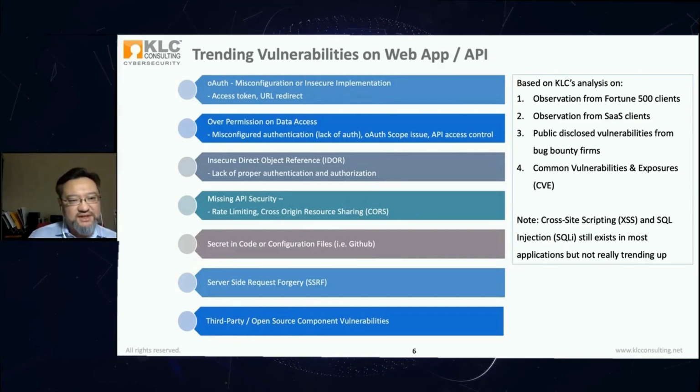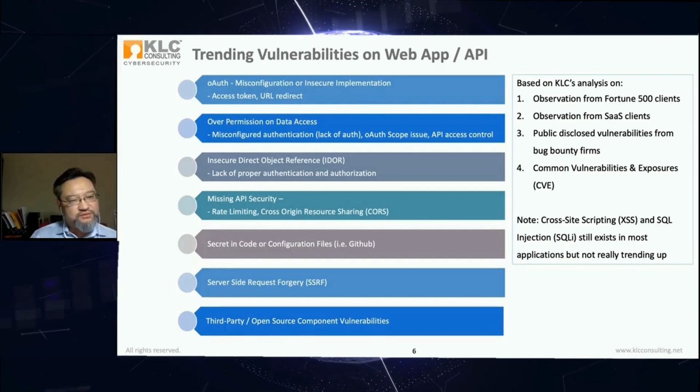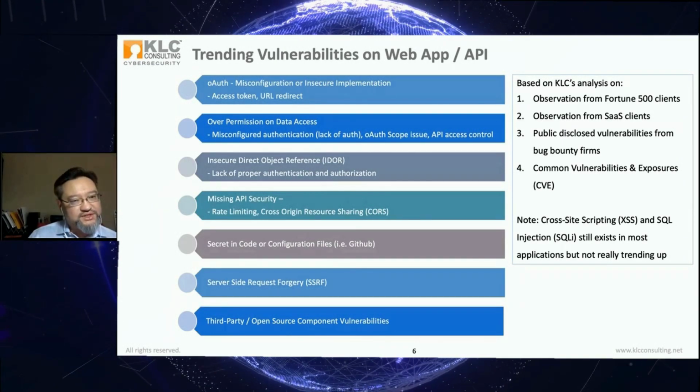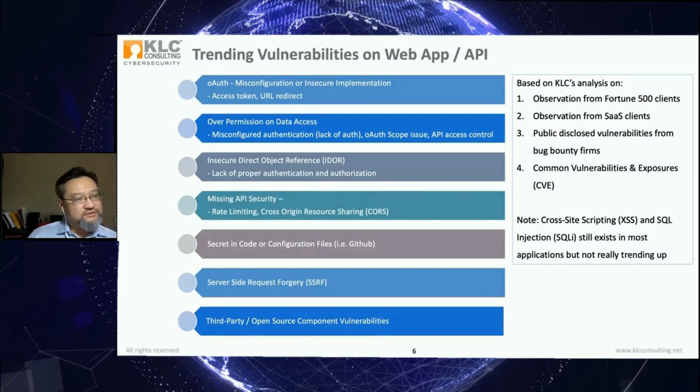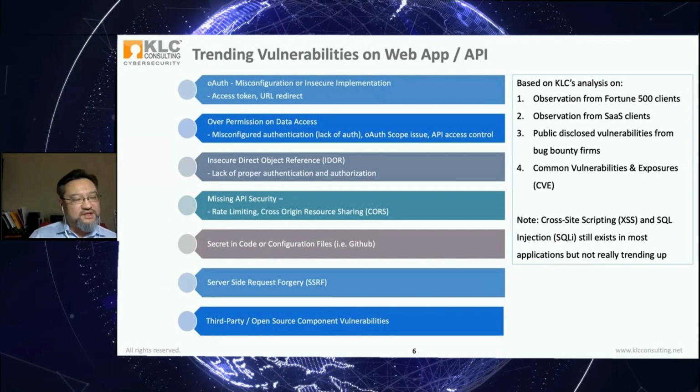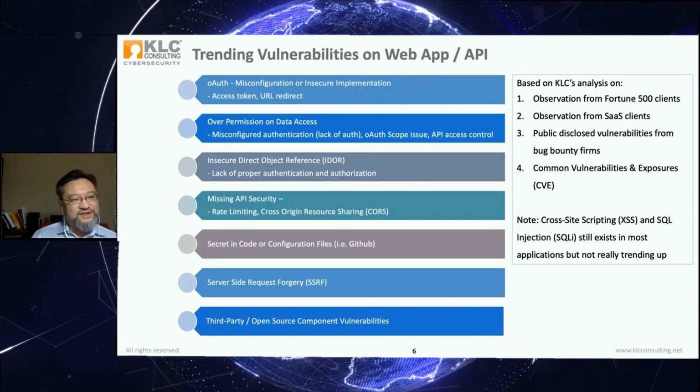The next one is missing API security controls, rate limiting specifically. We're seeing a little bit more rate limiting issues. Either they forgot to put in rate limiting, or they have some misconfiguration and have rate limiting turned off. And there are some cross-origin resource sharing issues as well. But rate limiting is obviously a control to prevent denial of service and DDoS attacks, to prevent overuse of your resources, or to prevent password brute force attacks, right? We have seen a big company have this rate limiting issue that allowed password brute force attacks.